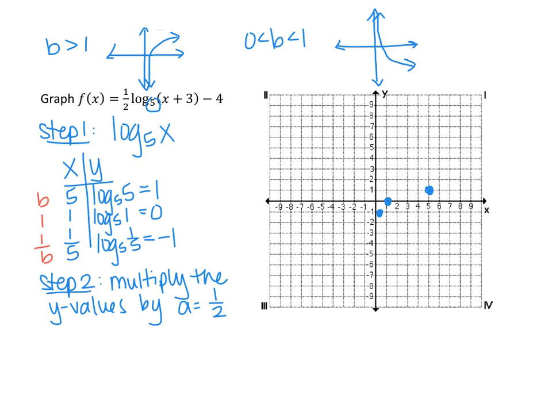So I'm going to go back up to the y values in the table and multiply those by a half. 1 times a half is a half. So that means instead of the point 5, 1, now I have the point 5, 1/2. I'm going to erase that point at 5, 1 and change it to 5, 1/2. Then I multiply 0 by a half,